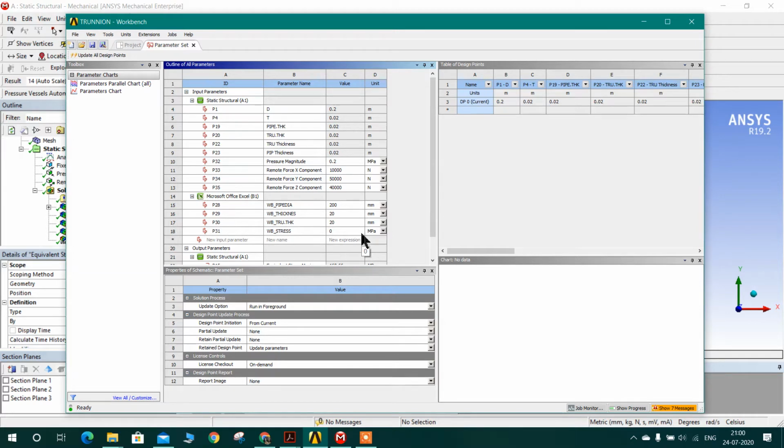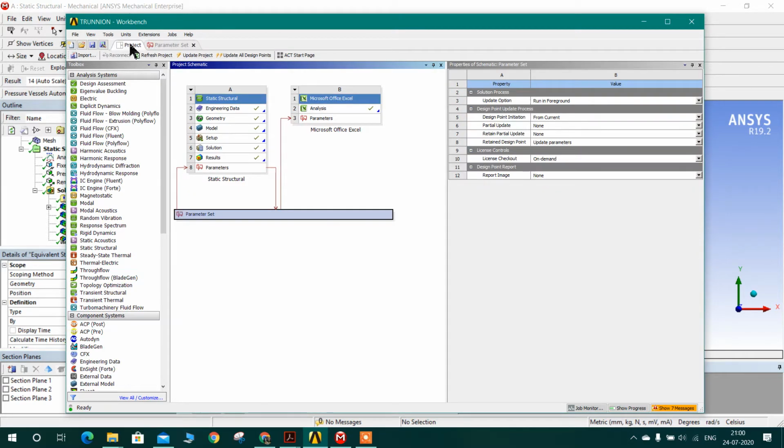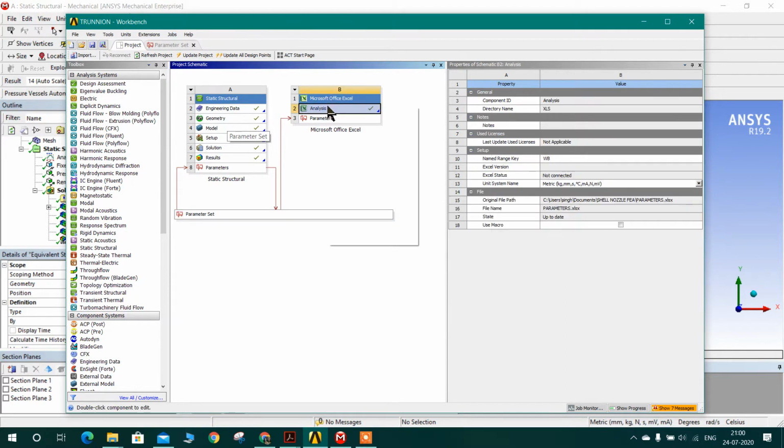We do not need to make changes in the model, and we can directly know what my stress is and whether my model is passing or failing, right? Okay, so I won't go to the geometry because it's a simple geometry. I'll directly go to my parameters here.